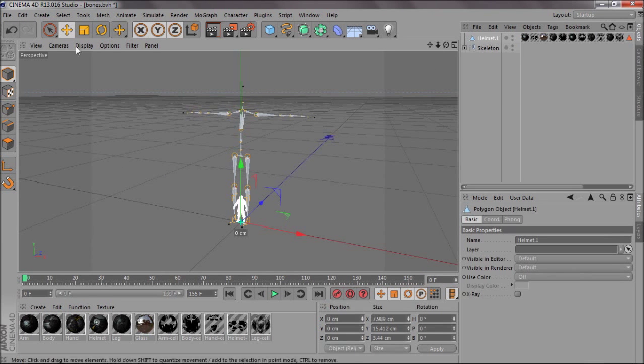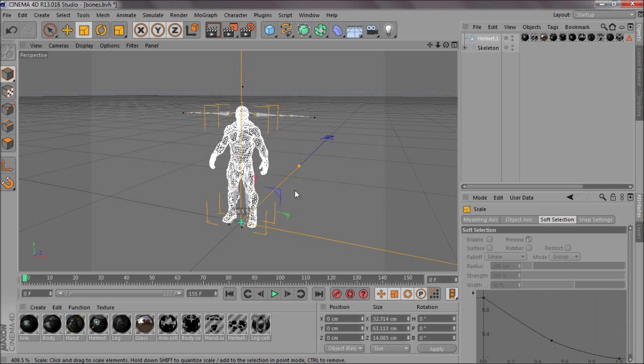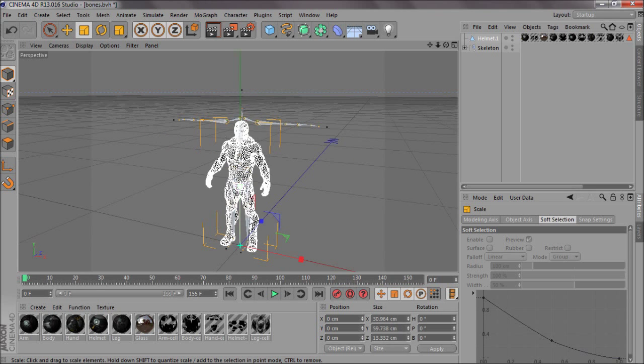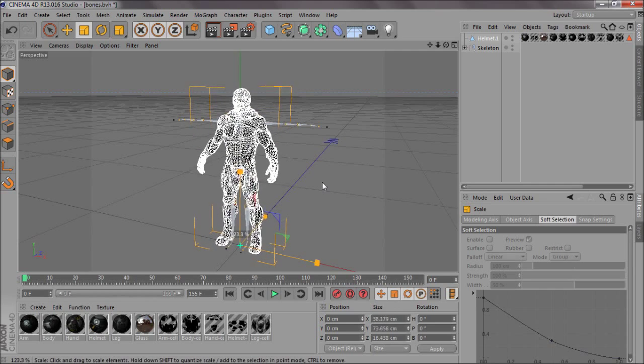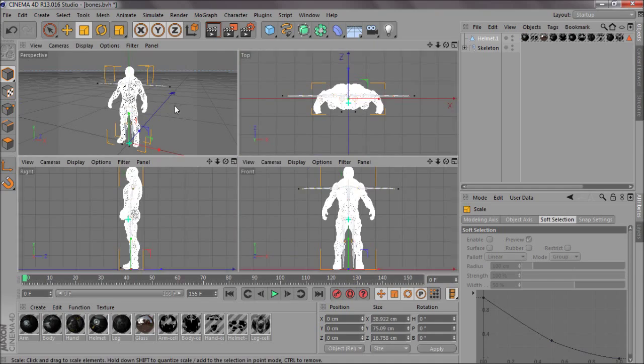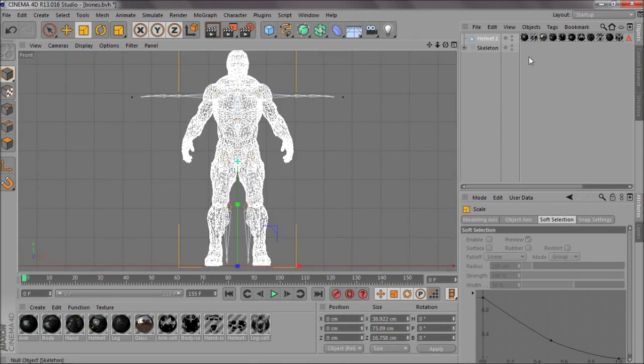But as long as it's a solid model, just click onto it, click the scale button, and bring it up. And then you see this little black point here. That'll probably be near enough the top of his head. As you can see, that sort of fits along with his arms and that. And once he's all sort of relatively in place, just go down to the front view, and then